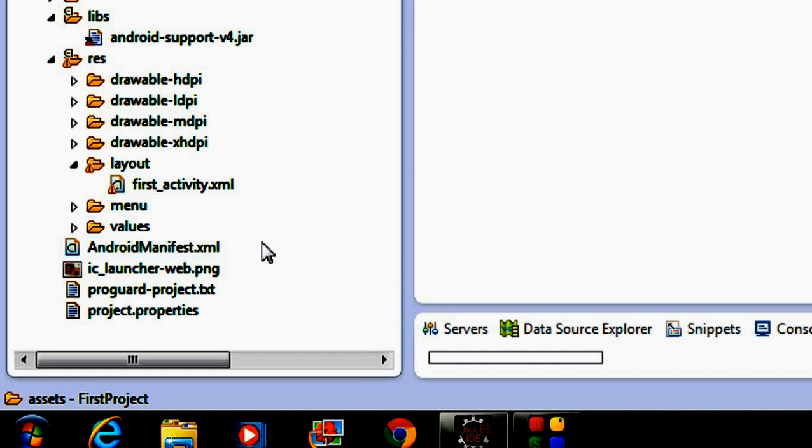The Android manifest file also contains some permissions for your Android project. If your project uses the internet, or you want to allow the application to download a file, or allow users to download your application, you have to set permissions in the Android manifest file. That will all be discussed in the coming tutorials.